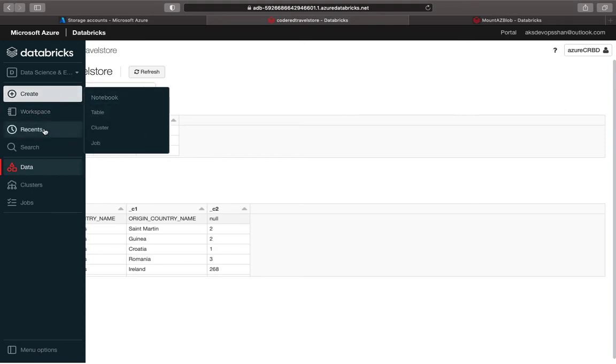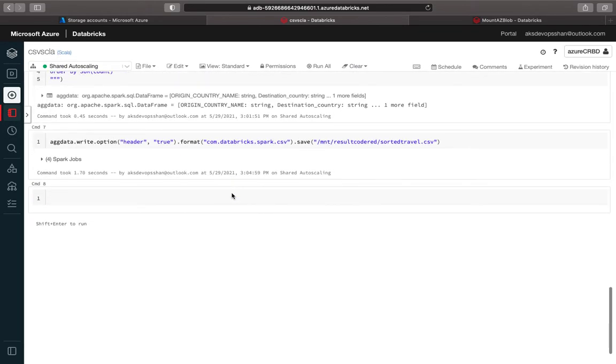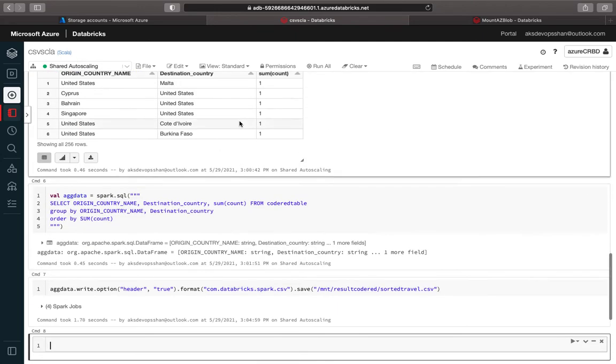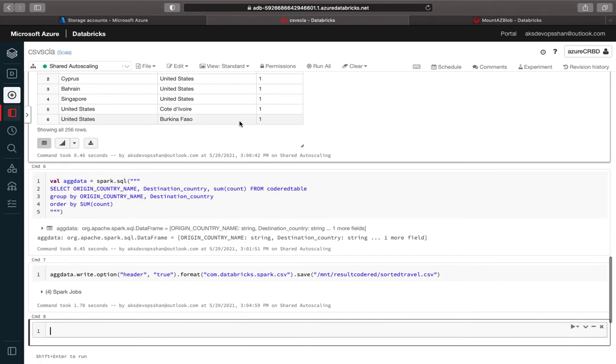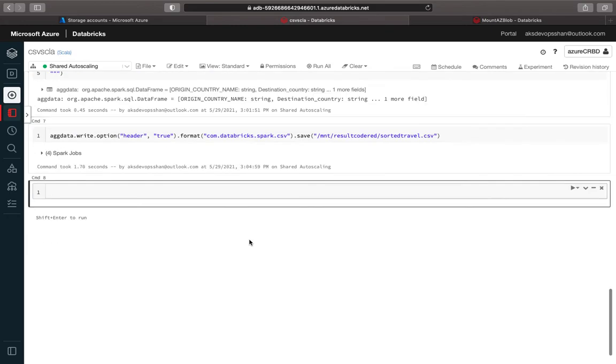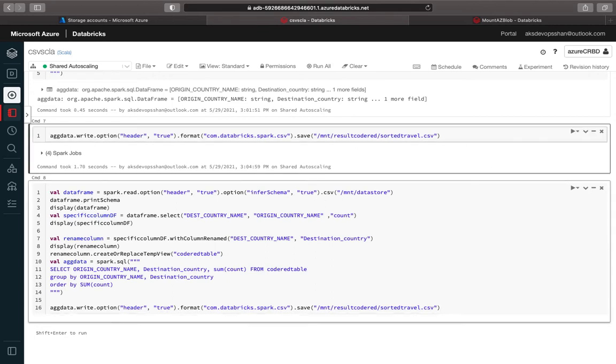notebook, which we already have, the CSV Scala from the previous one. What we're going to do is read the data from the FileStore instead of Azure Blob Storage. So we are going to accumulate all of this and put it into the same cell so that it looks a little neat. If you start running one by one, the first thing we did was we read the data right over here,